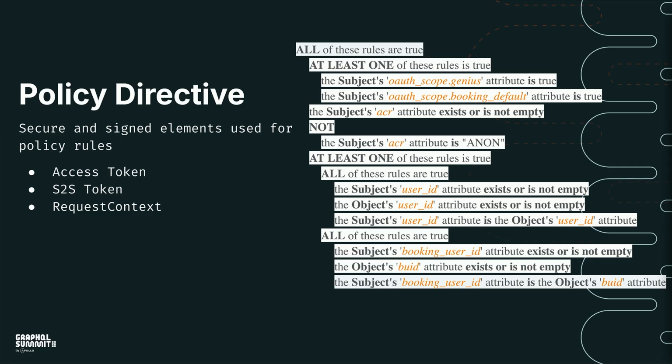The elements that I shared here, the access token and information embedded in the access token, the service-to-service token, and request context elements, which contain various information about the request and client, can be used to design complex policy rules and configurations by, again, the same internal access control system that we have, so that subgraph owners can define their complex access policies for their operations and fields,